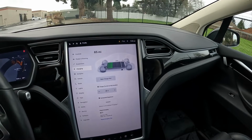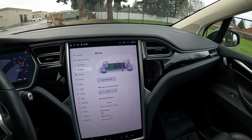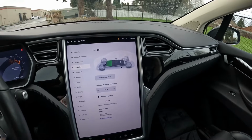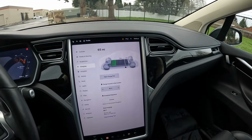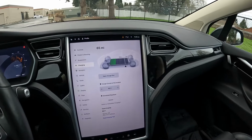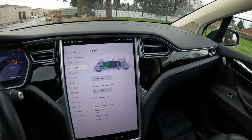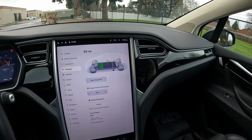So yes, but the thing is that most of us don't drive more than 40 or 50 miles a day. I have a Tesla Model 3 Standard Range Plus, which has a similar range to this. And I very rarely go below 100 miles of range. And a Tesla just sitting in a parking space can use energy. It has advanced thermal management systems for the battery. The Tesla is not going to want to get the battery too hot or too cold,